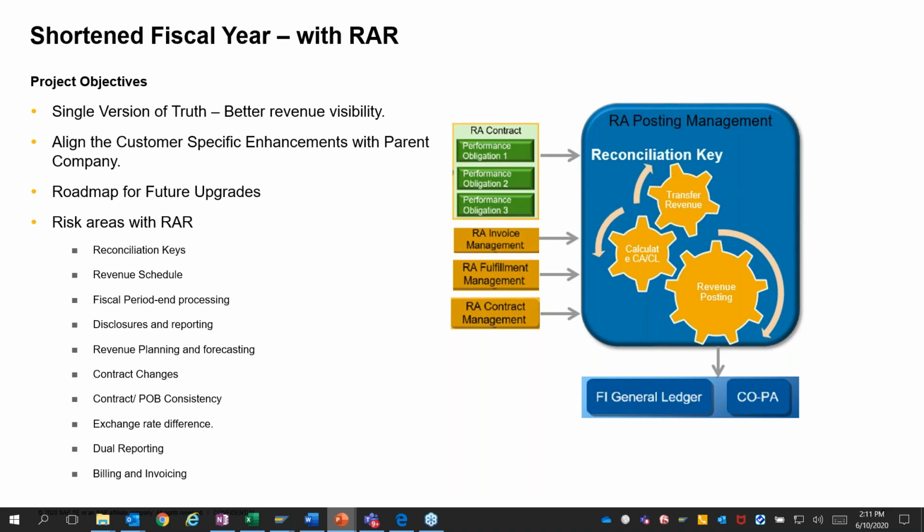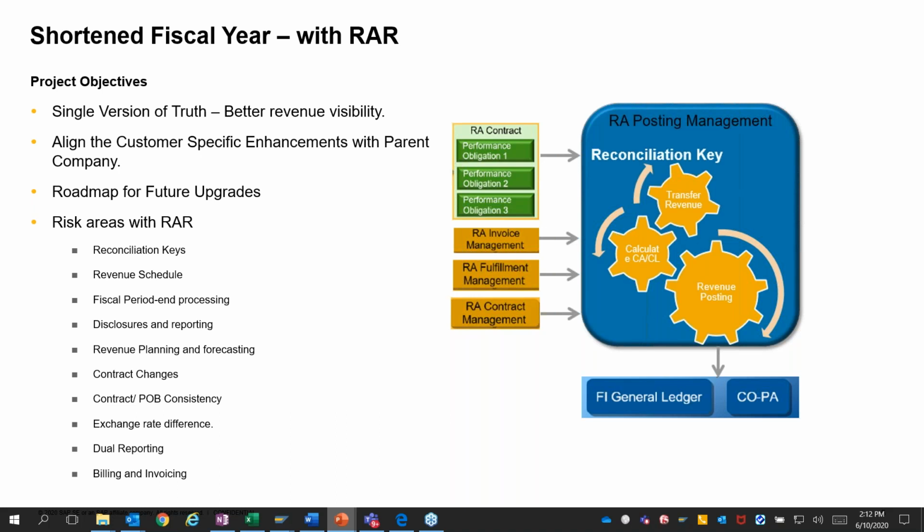Coming towards the impact of shortened fiscal year on RAR, the basic objectives, as I also briefly discussed in the beginning, were to have an alignment in terms of the financial statement, the 10Ks, as well as to have a single source of truth, so that we have better revenue visibility for leadership, the executive managers or revenue managers, or even the investors who are looking at the organization from outside while they're trying to make some investments. That was one of the biggest things which the customer team presented to us, saying that this is really important to the company which they got acquired with, and the leadership is totally looking into having a single source of revenue recognition